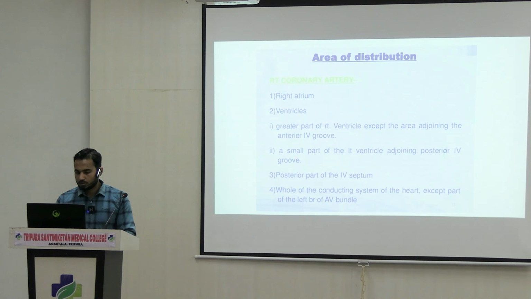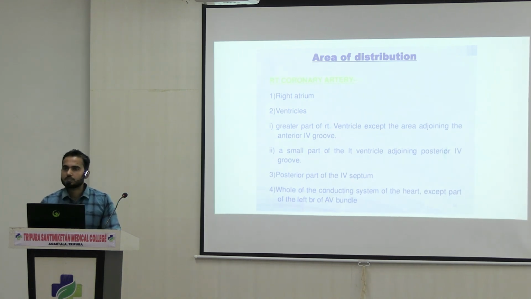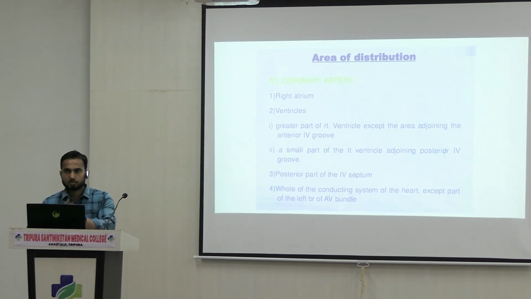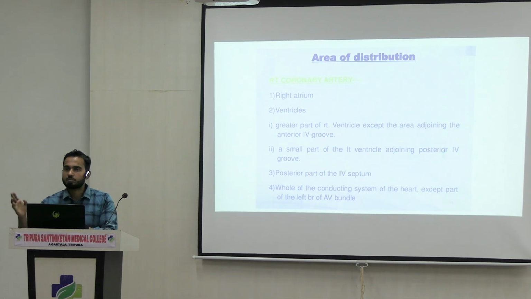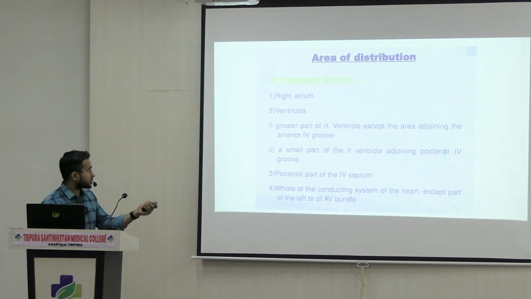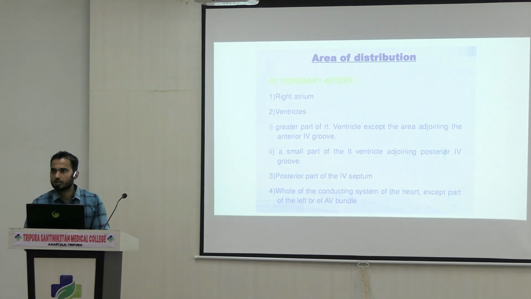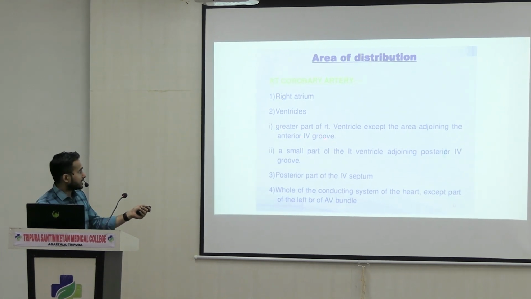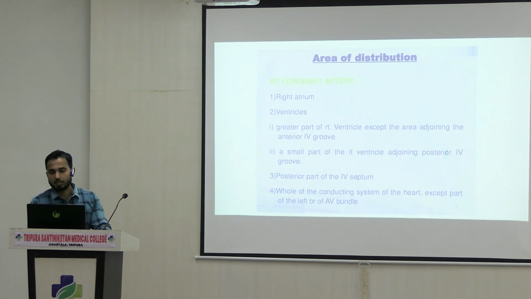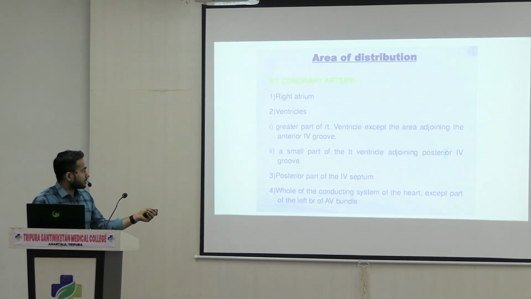Next, in case of the right coronary artery, what is the area of distribution? We have seen everything about the right coronary artery. Next, which particular part of the heart is supplied by the right coronary artery along with its branches? First of all, the entire right atrium is supplied, then the ventricles. Here you have to see that not all the ventricles are supplied by the right coronary artery. The greater part of the right ventricle, except the area adjoining the anterior interventricular groove, is supplied by the right coronary artery. Next, a small part of the left ventricle adjoining the posterior interventricular groove is also supplied by the